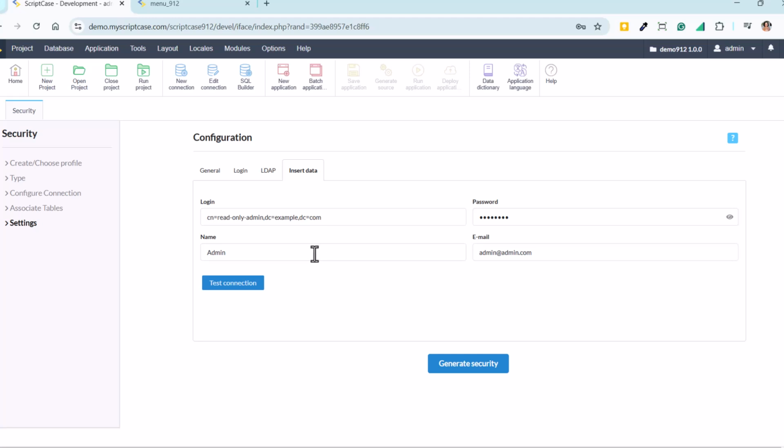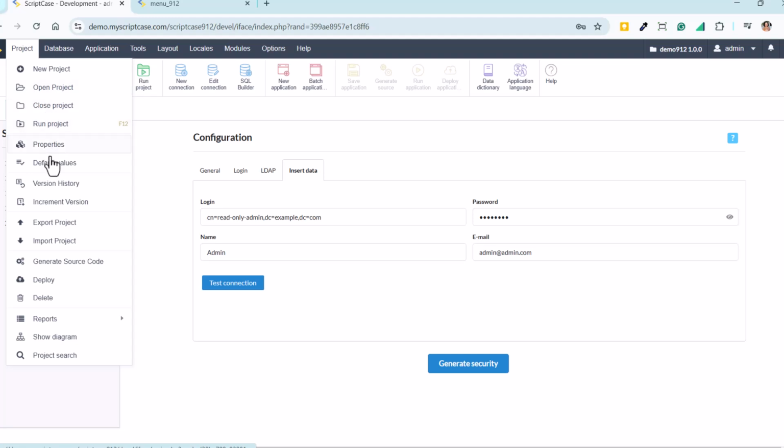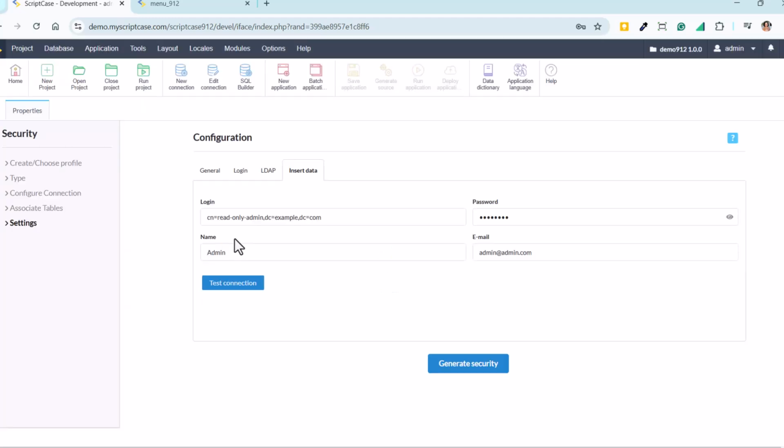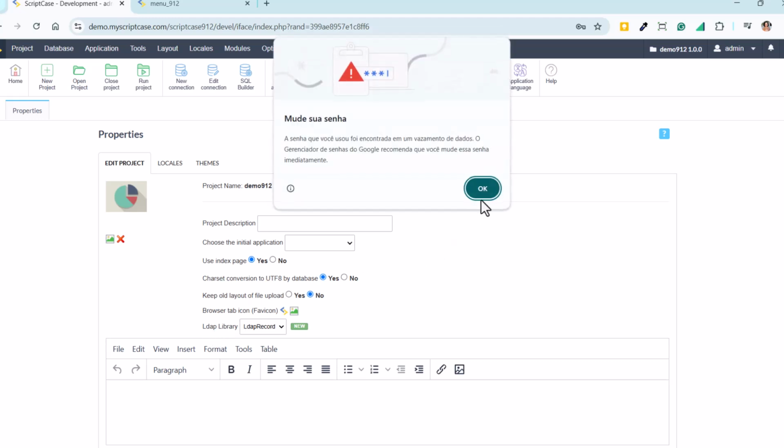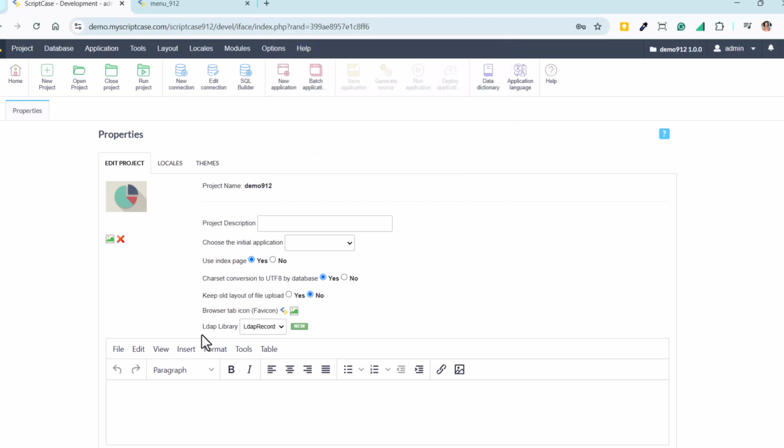If you are already using the old library, you can go here to projects, property, and then you have this option here, LDAP library, for you to change from the old one to the new one in case you are already using the old one.